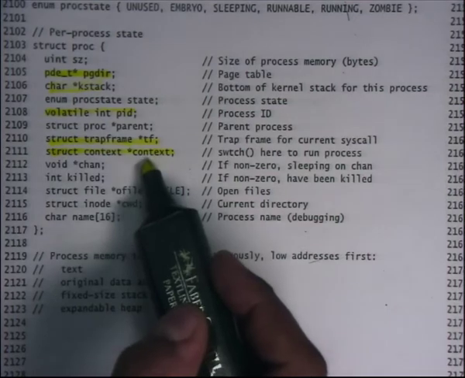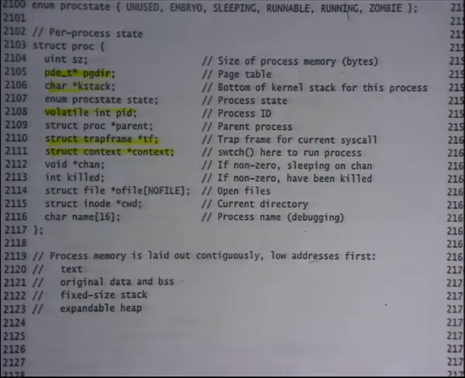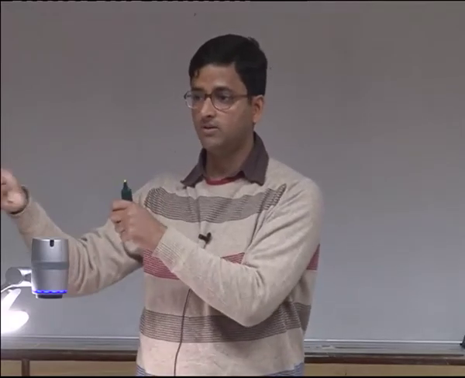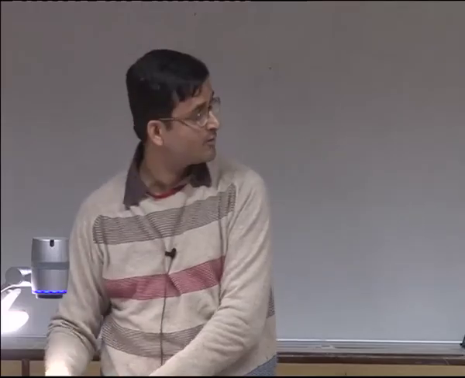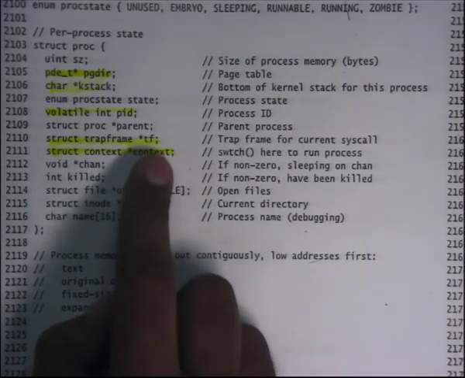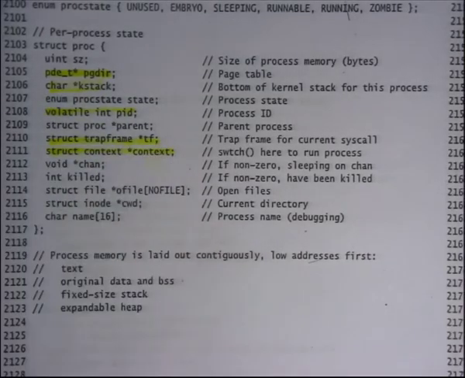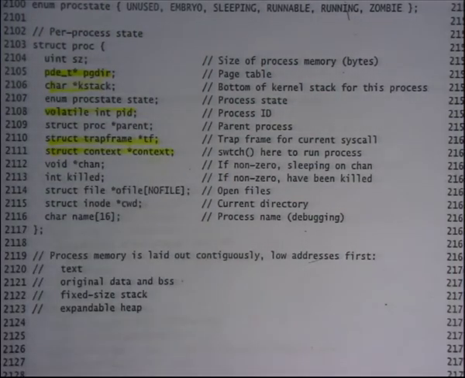Okay, so this is also very important. The context field is important because when you context switch, you switch to this context, which means you load the ESP with this value. So the scheduler has figured out that this is the process it wants to run next. It just looks at the context field and calls switch with this as a second argument, and so switch loads that value into ESP. Okay, good.